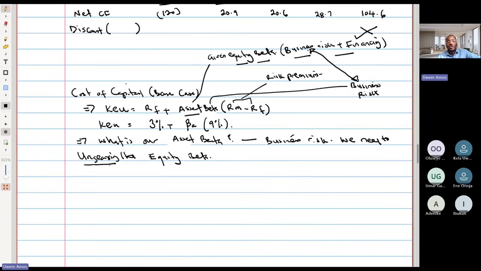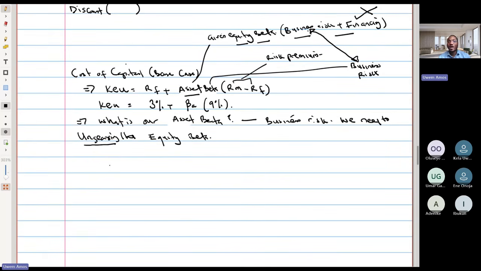So let's ungear now. We can go to a formula sheet, or if you know the formula, we just pick our formula to ungear, or in other words, to remove the financial risk. So the formula is BA, which is beta asset. I don't know why they call it asset beta, but the formula is BA, which is beta asset. So it equals